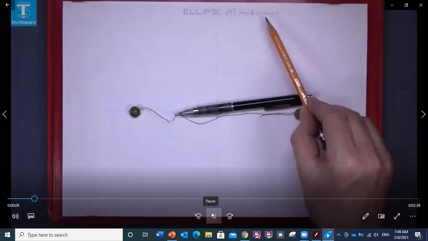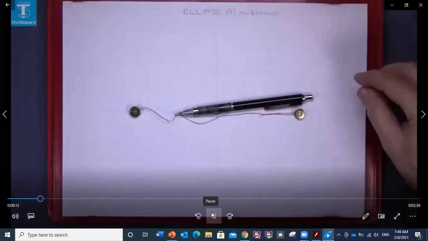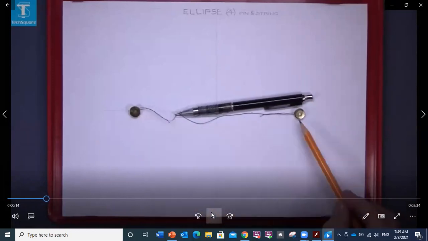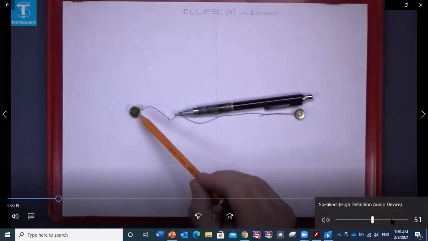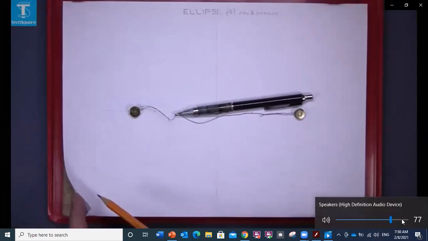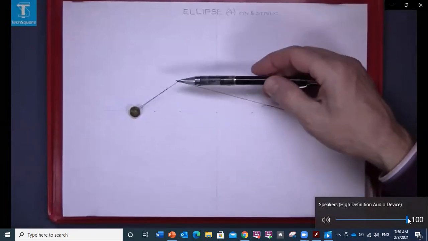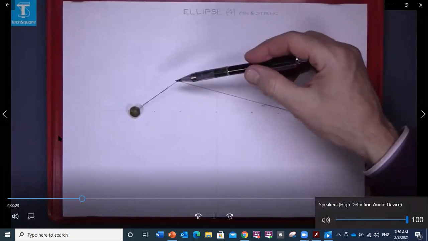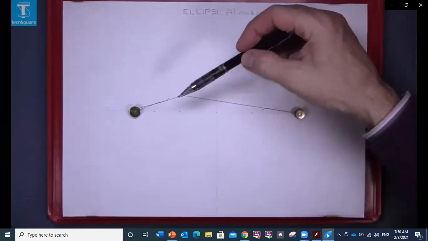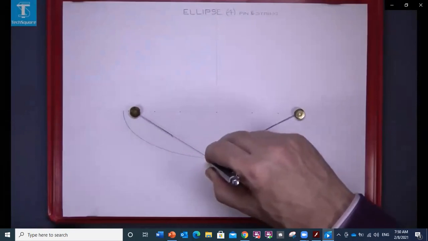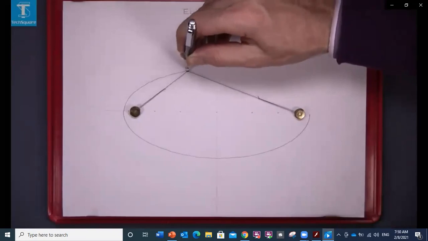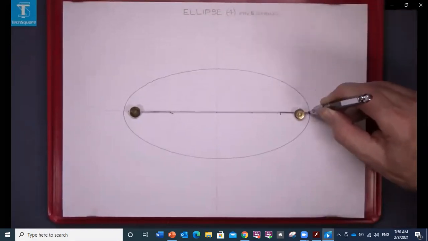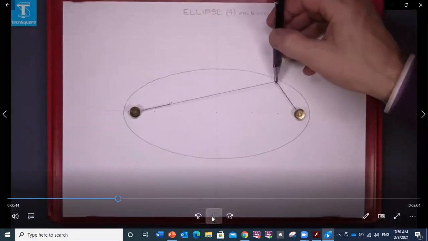Ellipse 4, the pin and string method. I have 2 drawing pins pressed into the sheet and a string attached to them. To get the pins to grip, I have placed a piece of timber between the sheet of paper and the text square drawing board. The pins are located at the focal points of the ellipse. Start at one end of the major axis with the string taut and the pencil in contact with the paper. Draw the elliptical curve. This is a very smooth way of drawing an ellipse, but not suitable for an examination